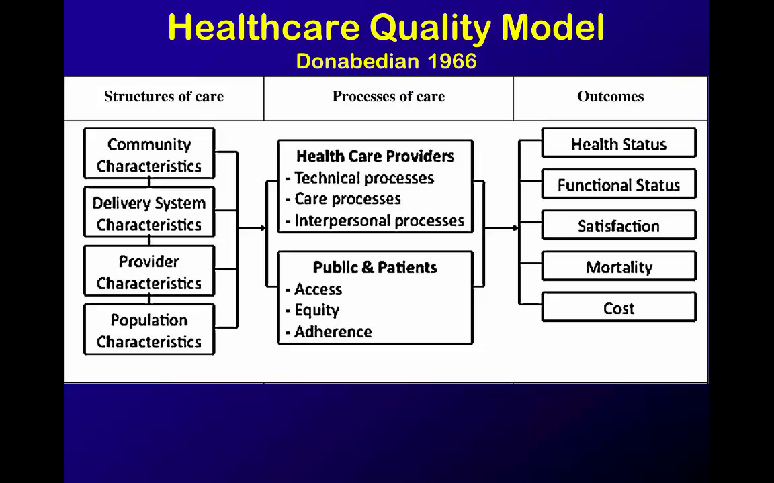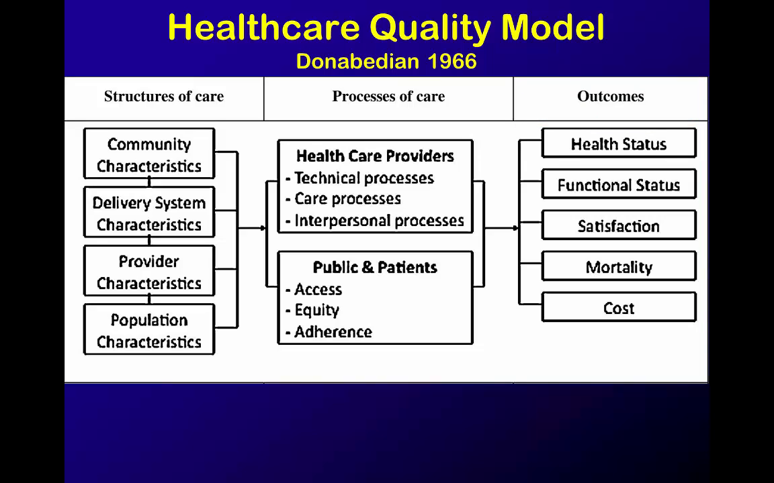Do you have a hospital? Is there an orthopedic surgeon around? The processes of care: what it is the hospital and the orthopedic surgeon does. But by far the most important measure of quality are the outcomes that the structures of care and processes of care generate. Those include the health status, the functional status, the satisfaction of your patients, the mortality rate, and of